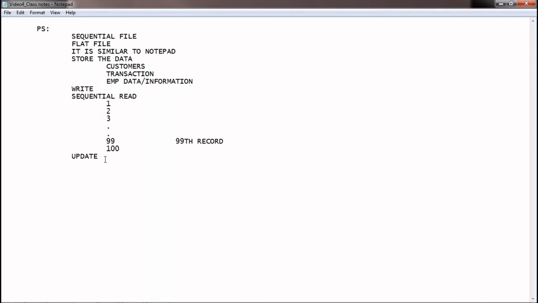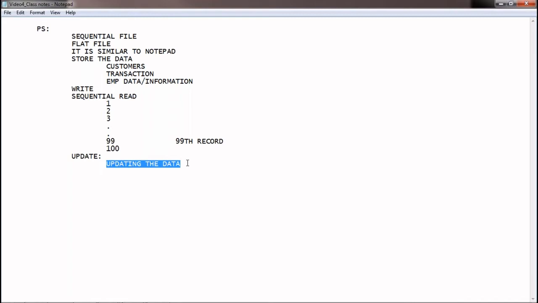Okay, so update is nothing but updating the data. We have seen what is write and what is sequential read. Updating the data means the file already has some data, and you are updating the customer phone number or an employee address or something like that.